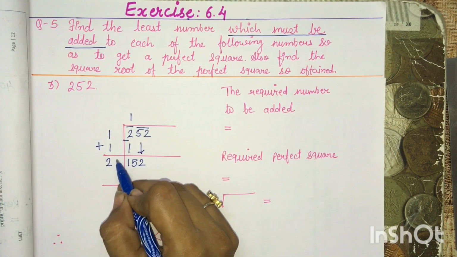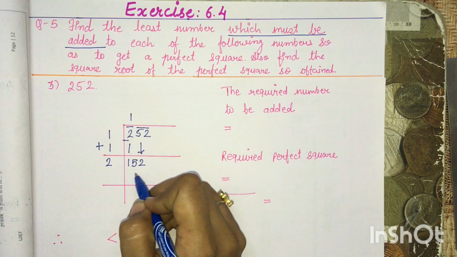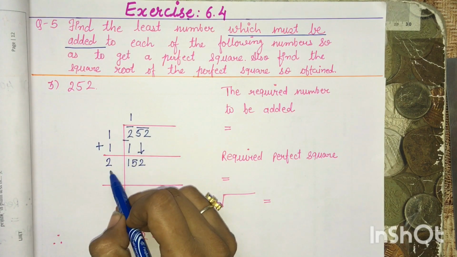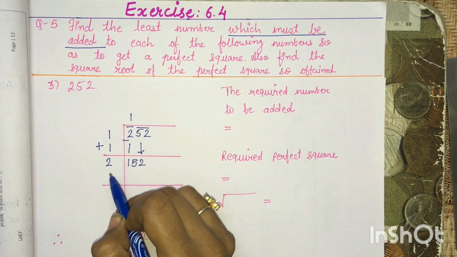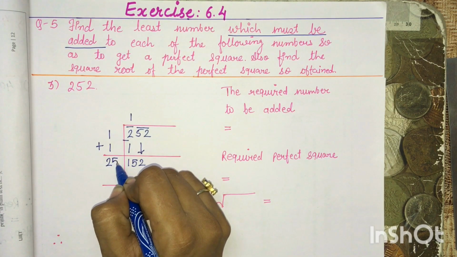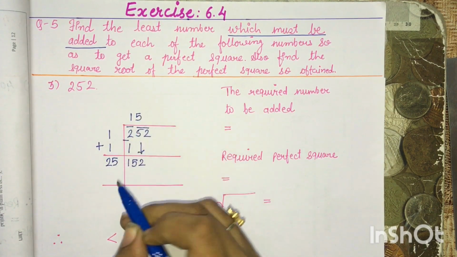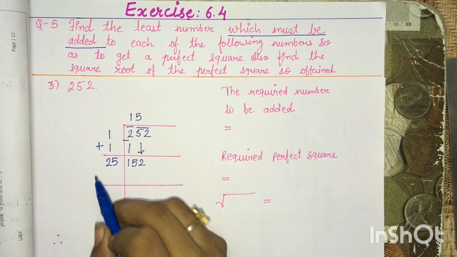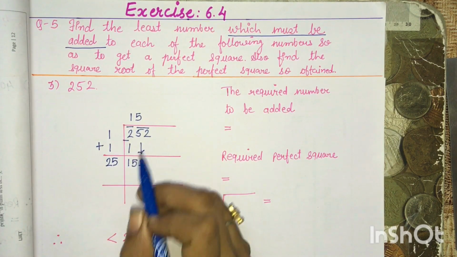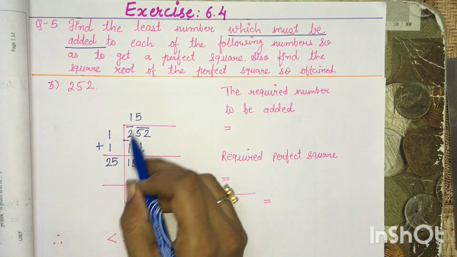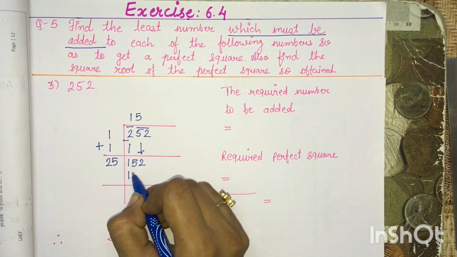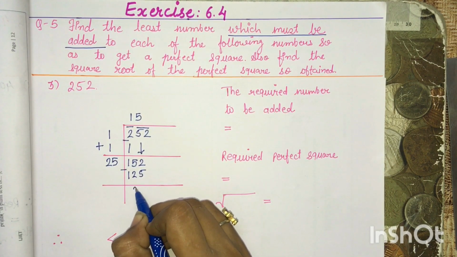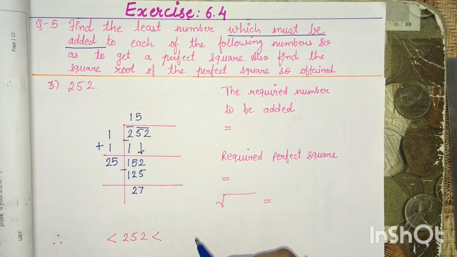Now we have to find some digit over here. We know that 21 ones are 21, which is too small. 22 twos are 44. Then 23 threes are, 24 fours are, and so on. Here we'll have 25 fives are, because 21 ones are is not enough, 22 twos are is not enough, 23 threes are is not enough, 24 fours are is not enough. So 25 fives are we will take, that is 125, and again taking subtraction, the remainder we have is 27.